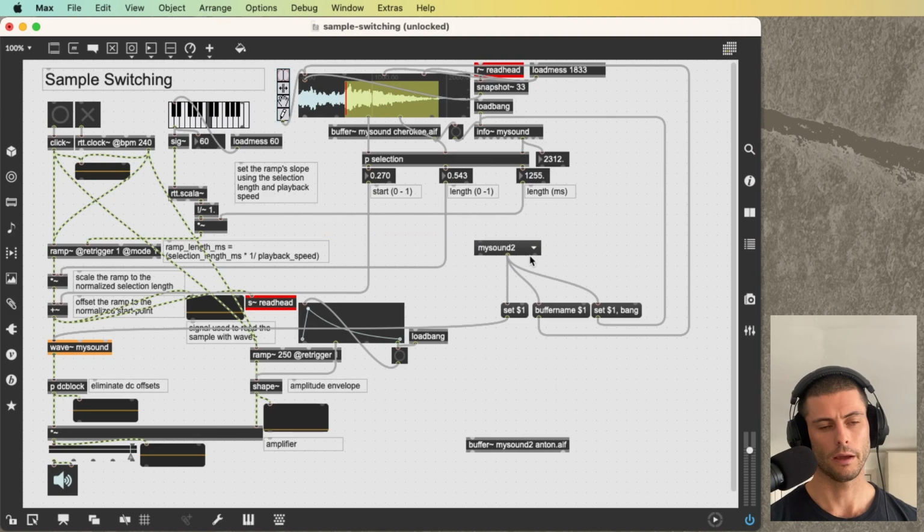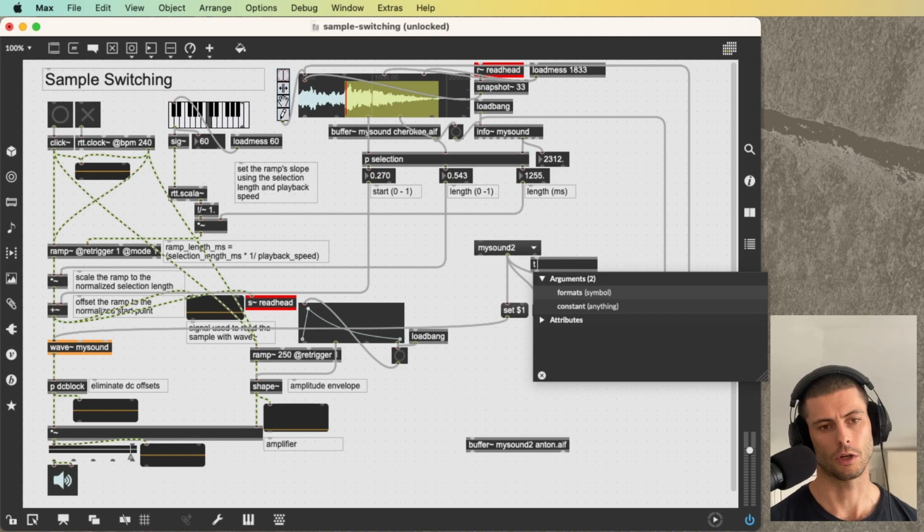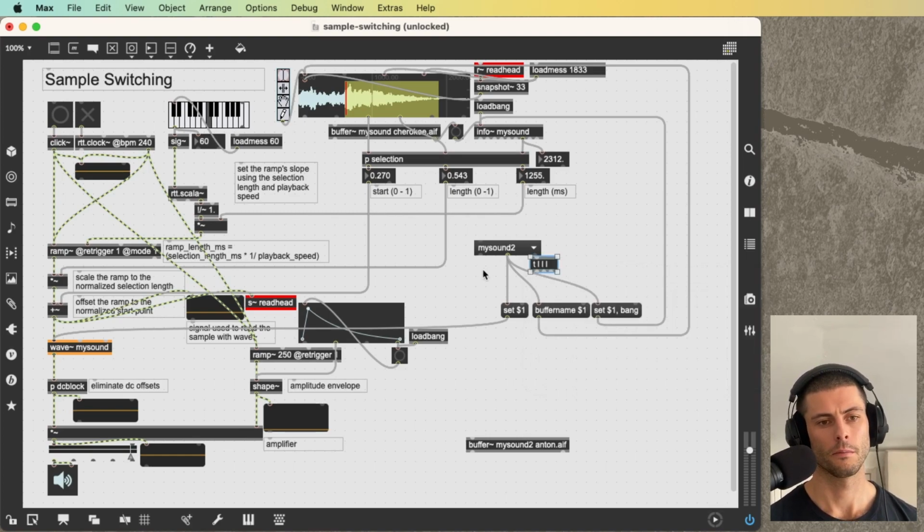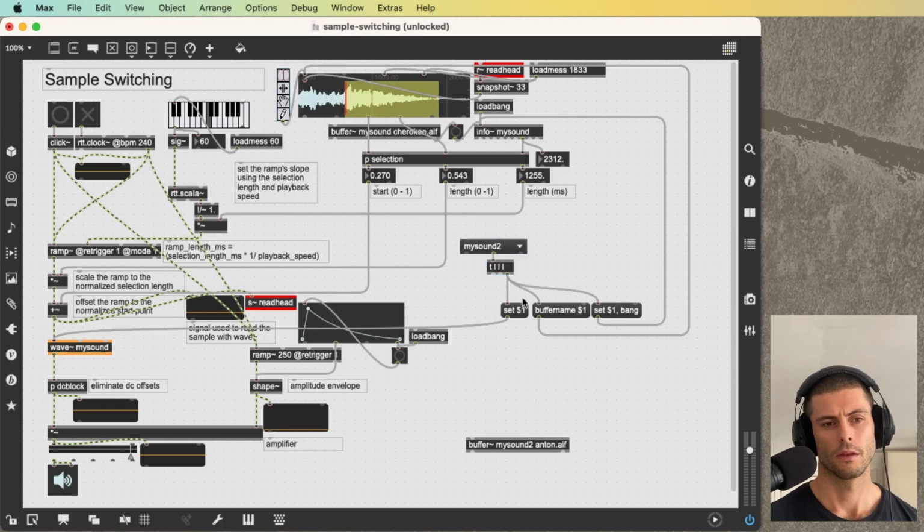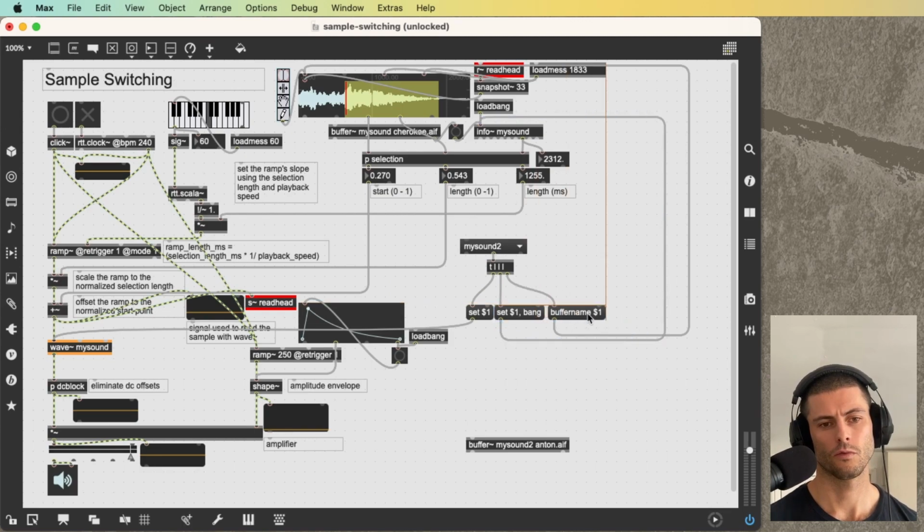So let's start off by using a trigger object here, because anytime that we have multiple patch cords coming from a single outlet, we want to think at least about using trigger, because it's very useful in being able to control event order. So in this particular case, I think we're going to want to update the view first, and then we don't really care about the other 2. And the reason that we want to update the view first is because what we're going to do is first update the